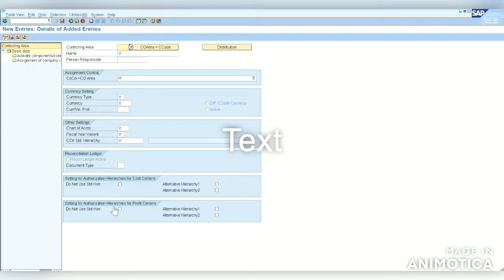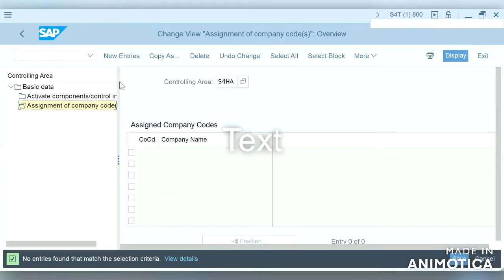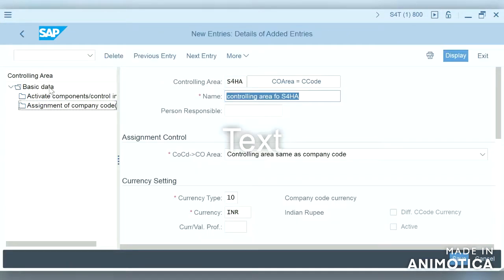It seems all other things are similar. Let me check the basic data once.